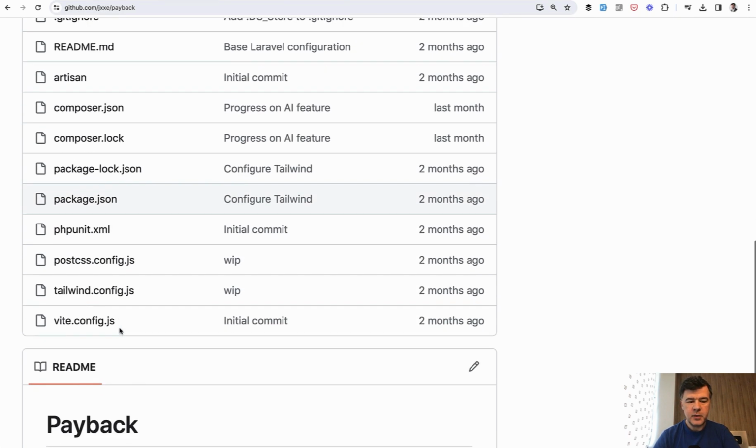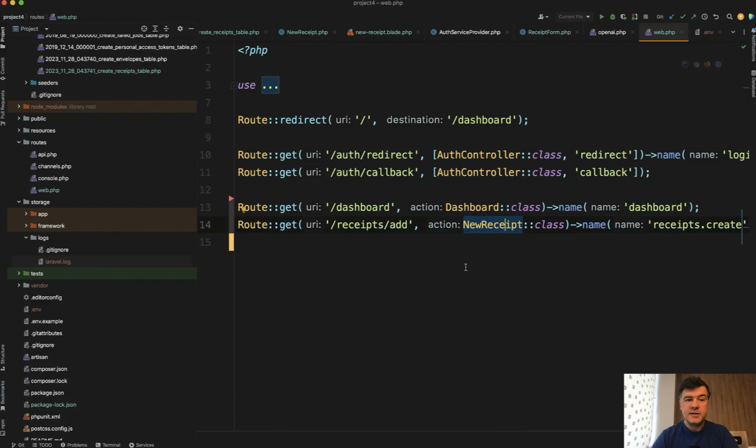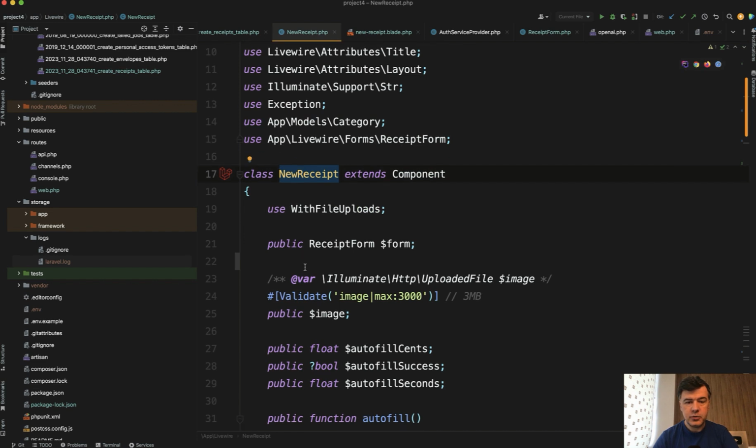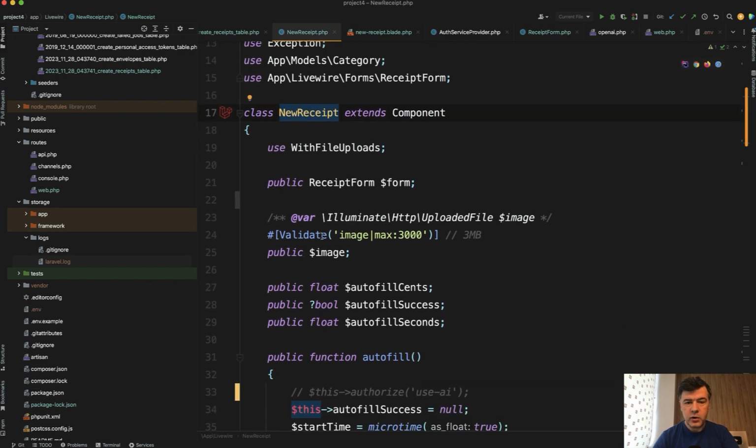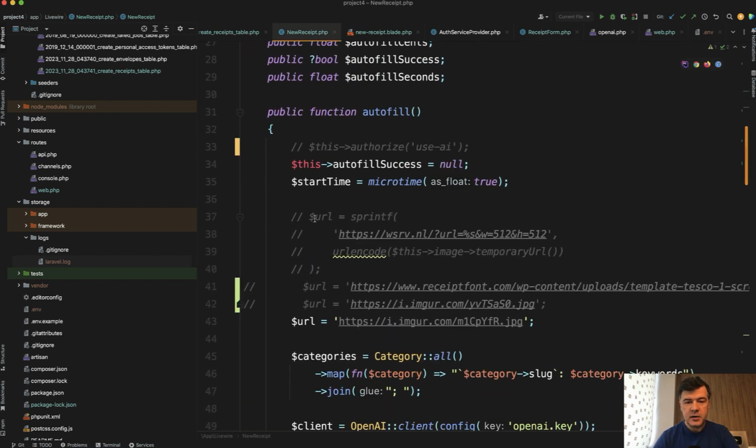I've tested it out myself, and this is how it looks on my local server. And this is the Laravel code. It uses Livewire. I've tweaked it a bit so it would work easier for me, but basically route is Livewire component, new receipt with validation for file upload with form object from Livewire 3, and this is the main method,